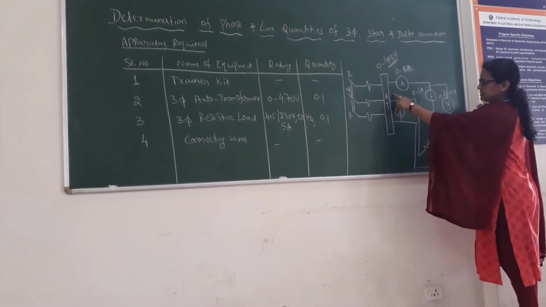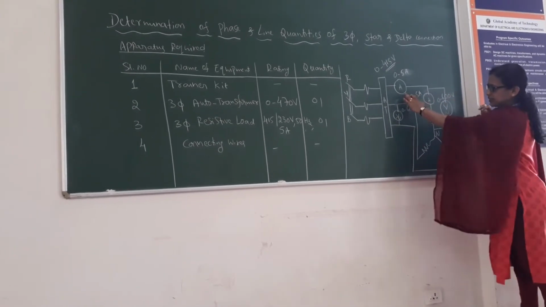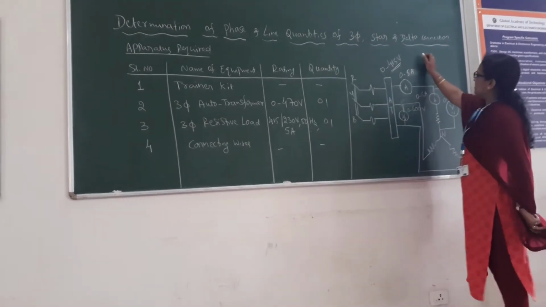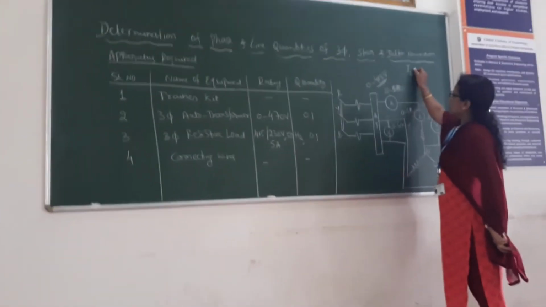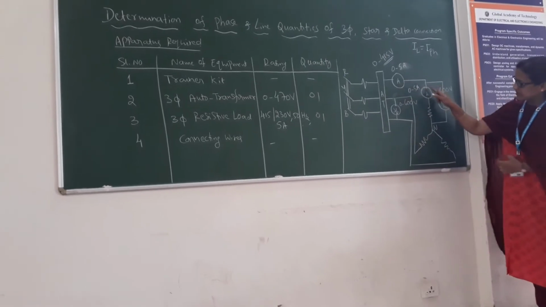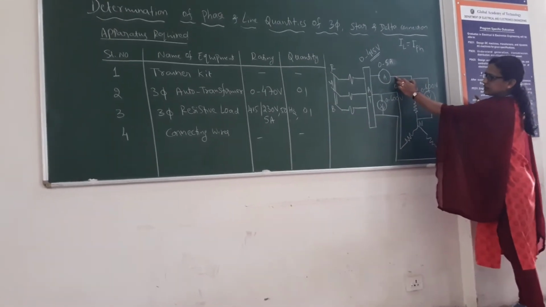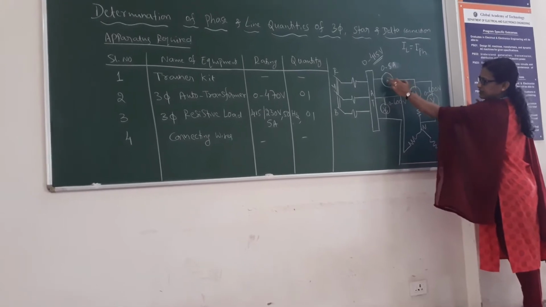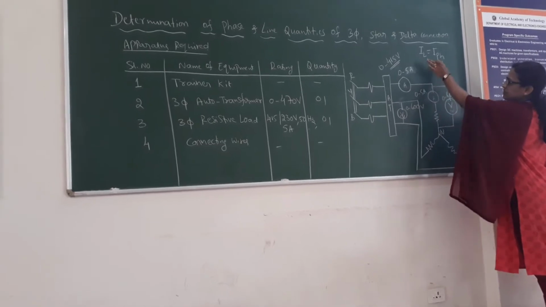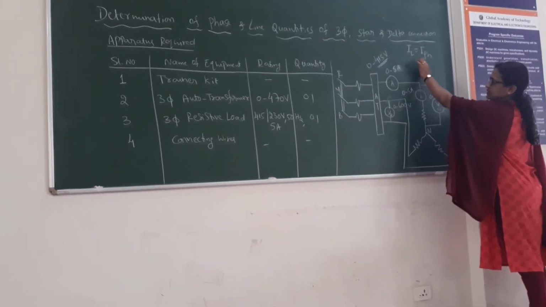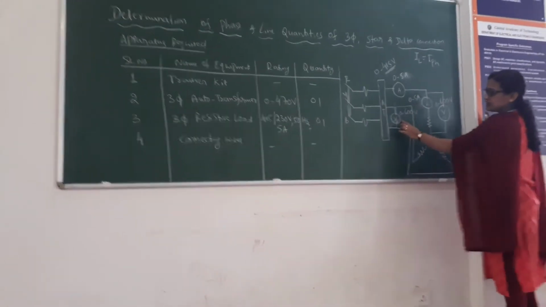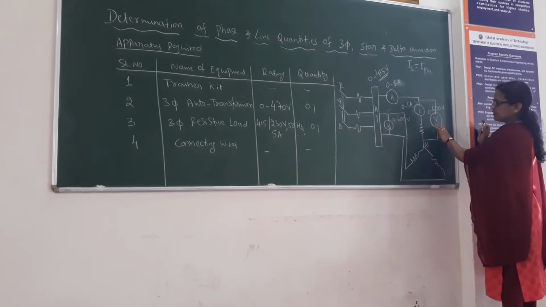And here we are using two meters, one is an ammeter, another one is a voltmeter. In case of star, we know that line current is equal to phase current, because the line and phase are both connected in series. Okay, the same reading you are going to get in this meter and also in this meter. That's why you are going to verify. In case of star, IL is equal to I phase, means line current is equal to phase current. But what is the relationship between the line voltage and phase voltage?